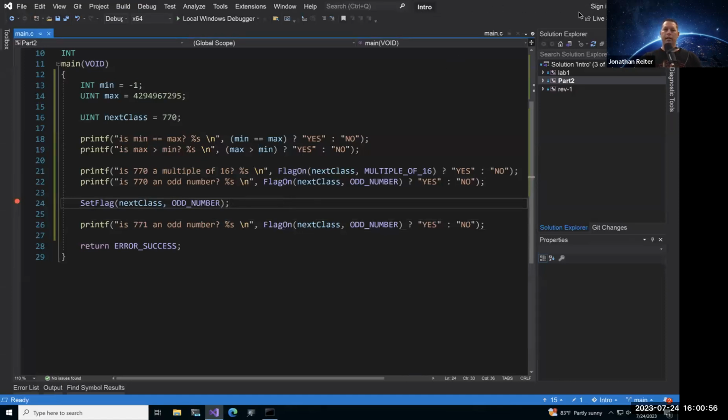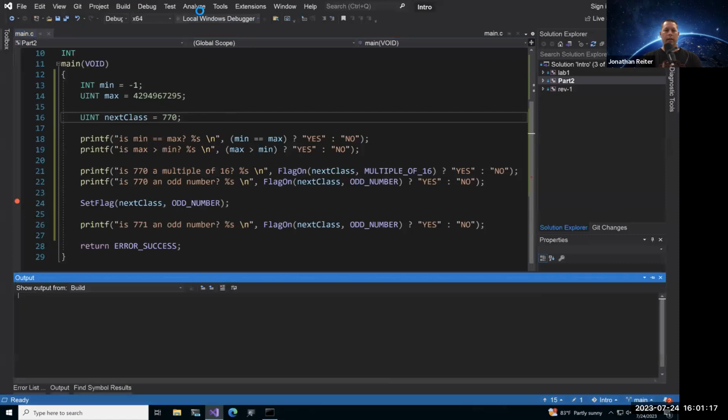It doesn't really matter if you build debug or release, but if you would like to match my output exactly, choose debug and 64 bits. So debug x64, and then I'm going to choose the local Windows debugger. Go ahead and click on that one.